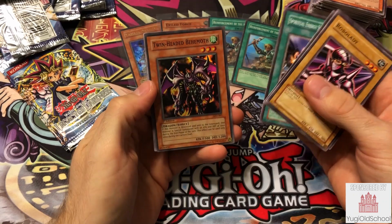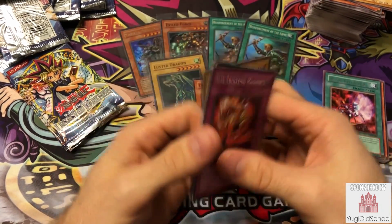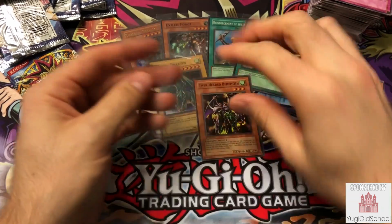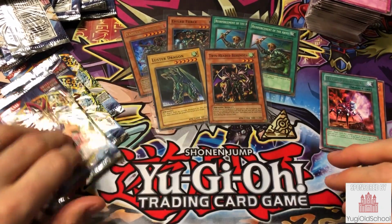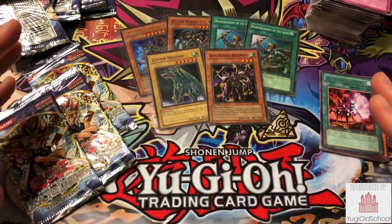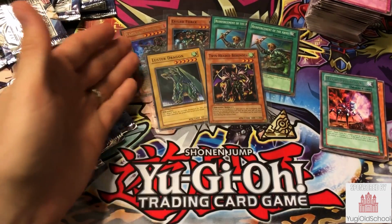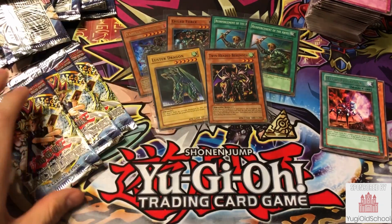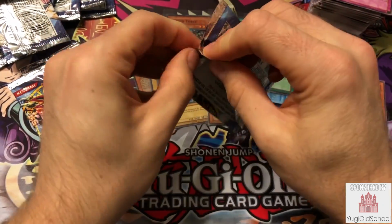And we got a Twin-Headed Behemoth. Pretty cool. So we got a lot of supers, unfortunately. That usually means that you're going to miss out on an Ultra or a secret. Legacy of Darkness can have some really weird ratios. I've seen boxes that are like this. Like they'll end up with 1 Ultra and a bunch of supers. So there's really no guarantees. But